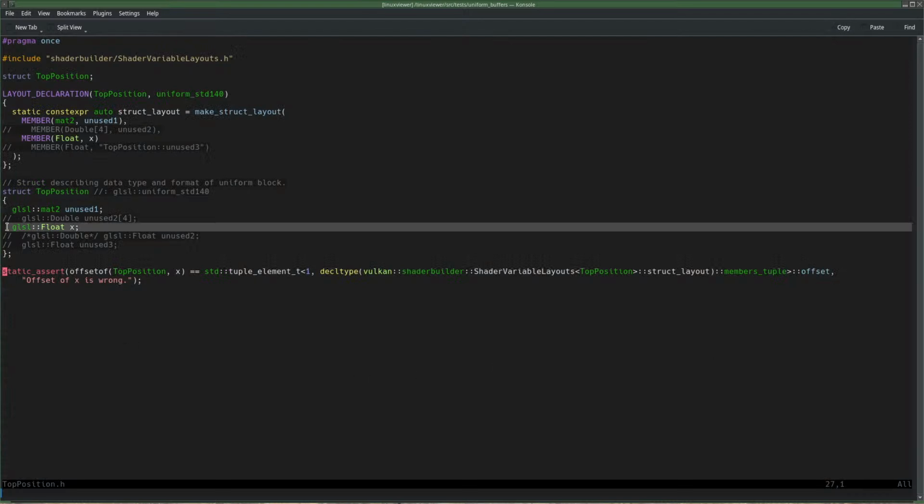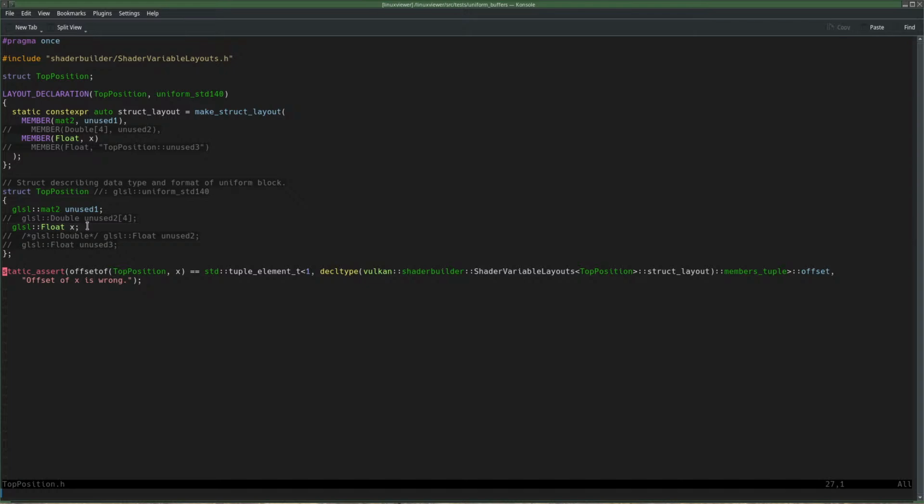So this thing. And that should be the size of this thing plus, well, rounded up till the alignment of that thing. Using the standard 140. I'm going to assume that is correct.